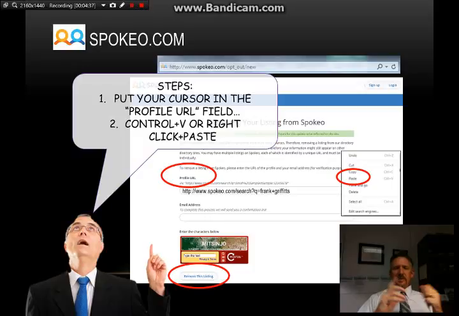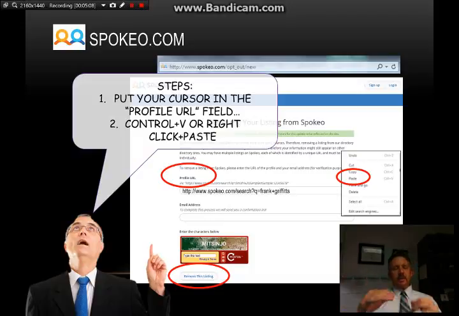Right in the middle of the page for the opt-out is "profile URL." That's not abundantly clear, but what they mean is that listing that identified your name and address that you clicked on earlier, and that you highlighted the URL and copied. Now you're going to paste that into the field you see up here. Just paste that www.spokeo.com/search/ in my case, Frank Griffiths. And so you're going to put that in there.